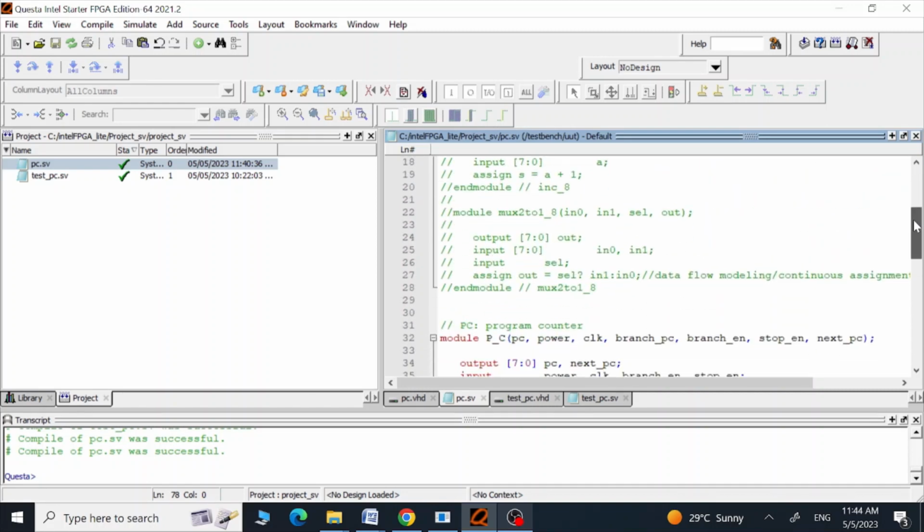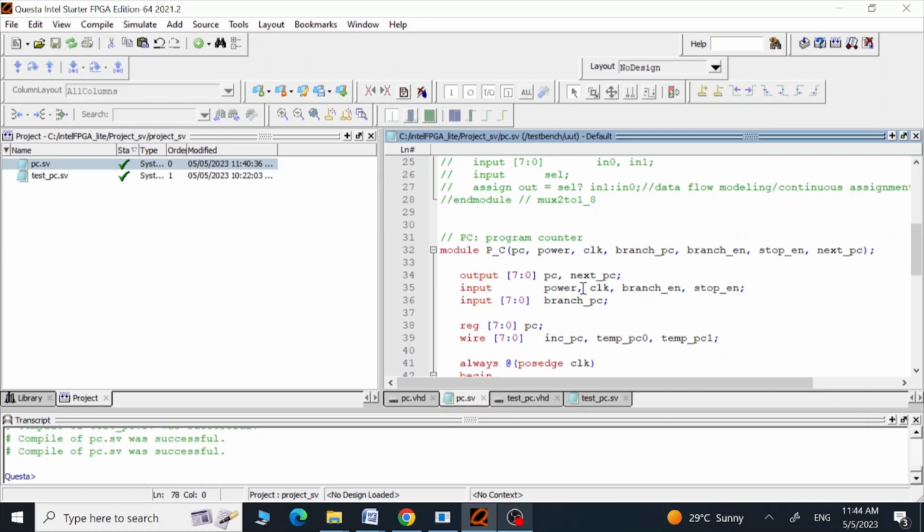SystemVerilog program design file first, in which we have defined a module which is PC, and it has two outputs, PC and next PC, which are of 8 bits. And then we have defined some inputs which are power, clock, branch enable and stop enable. These are 1 bit. And then there is another input which is going to give us the branch address, which is an 8-bit input. And after that we are defining this PC as reg,